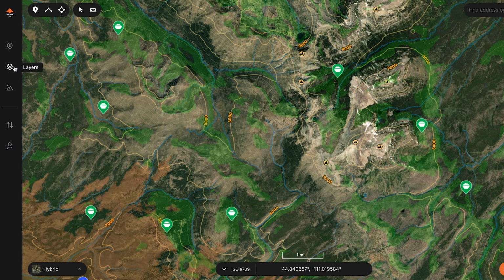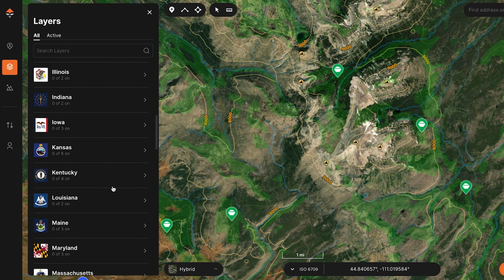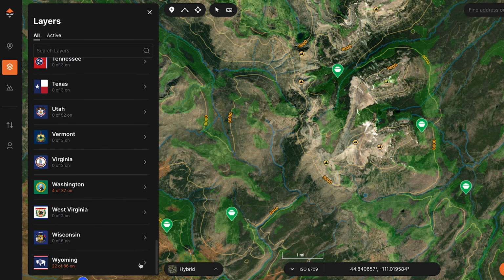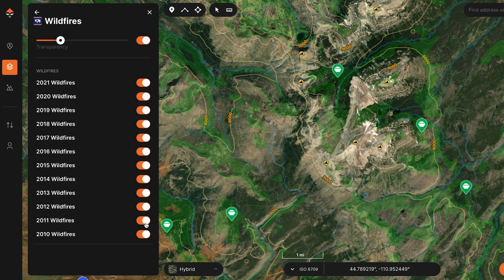So it's like, all right, now I'm going to go to my layers and I want to make sure, absolutely. So I'm going, this is the Wyoming part of Yellowstone. So I'm going to go in here and you see that there are all of these different features you can turn on or turn off. I'm going to turn off wildfires right now. So if I turn off wildfires, it's like,